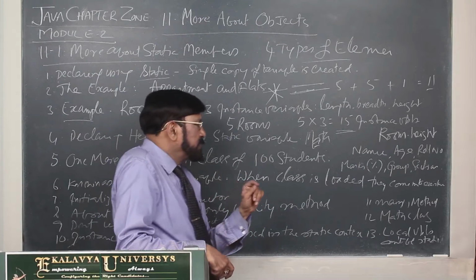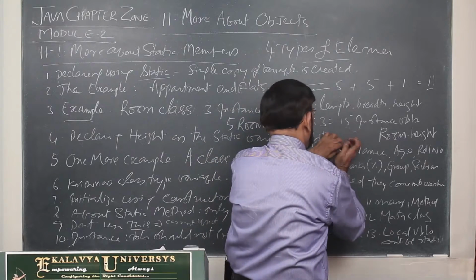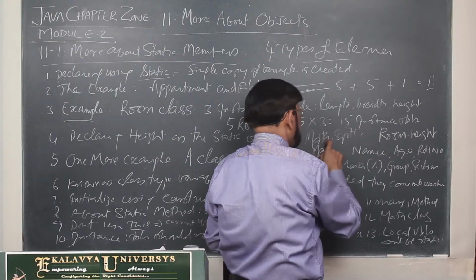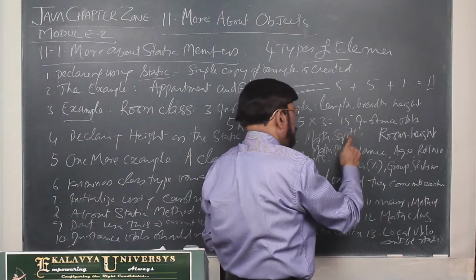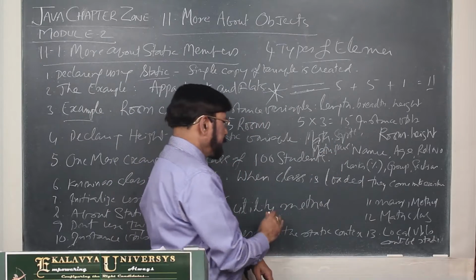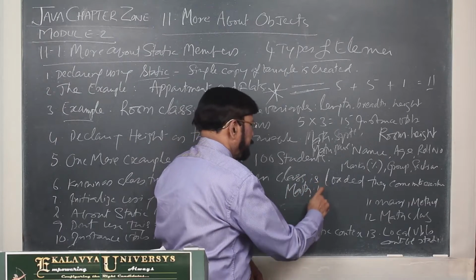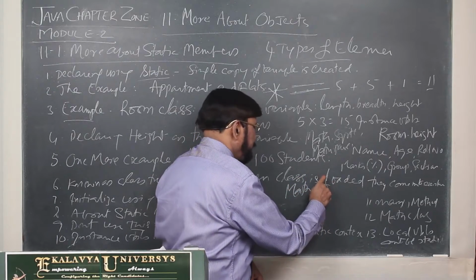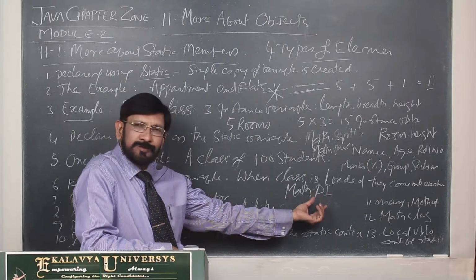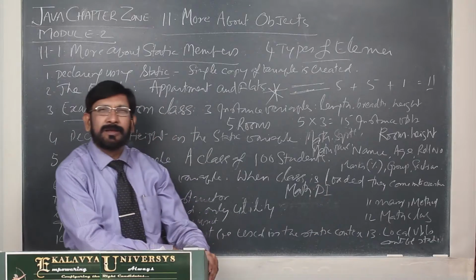All these are static methods. That means how can they be used? Suppose square root is there, you use Math.sqrt, Math.pow, because all these are static methods. In the same way, if you want to use pi, pi is a constant, Math.PI. Wherever you have to use the pi value, then you can use this Math.PI. That point you have to understand.